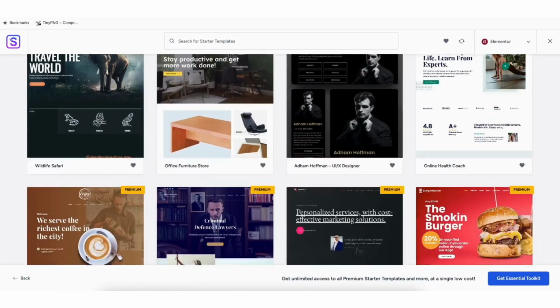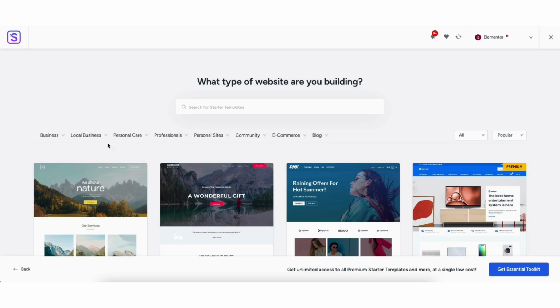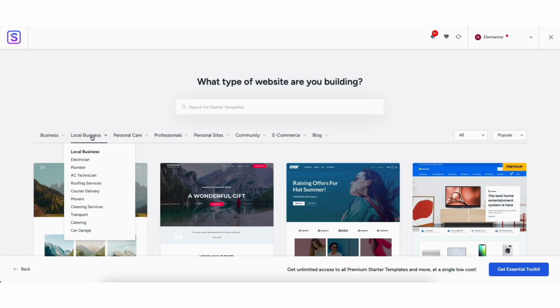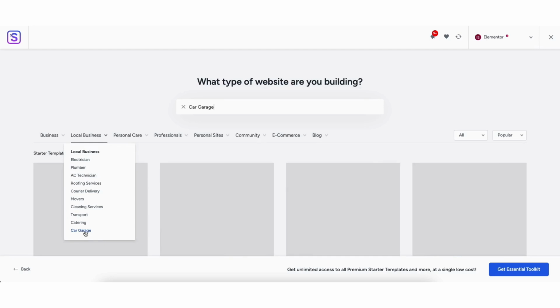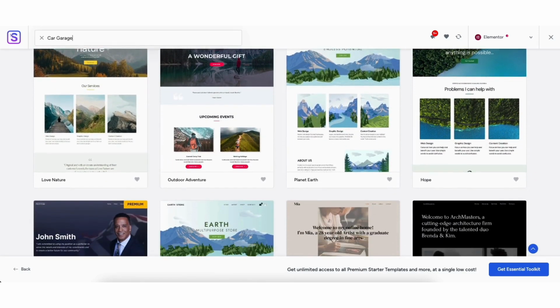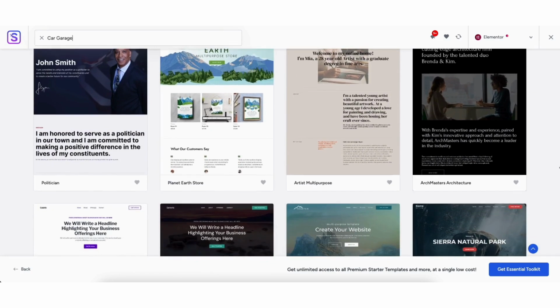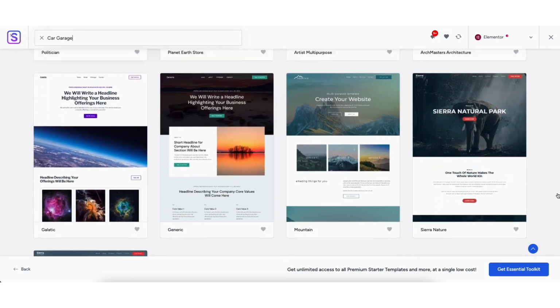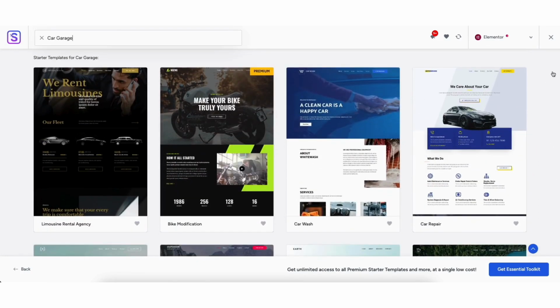template is in. If you hover over the local business category, from the drop-down, click Car Garage. You'll see a bunch of great templates that could be used for your car repair, auto service, mechanic shop business. Select the theme you want. For this tutorial, I'll choose this template here called Car Repair, and then we'll make it our own to be